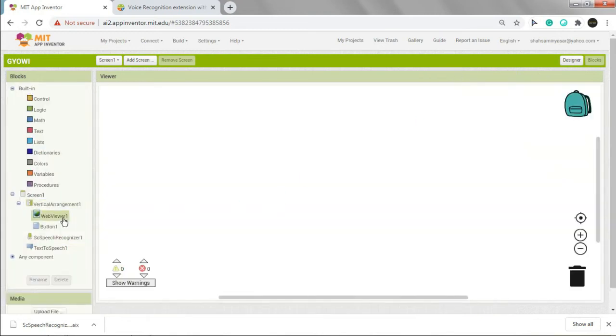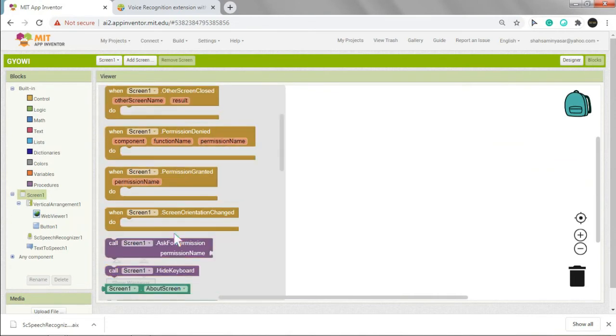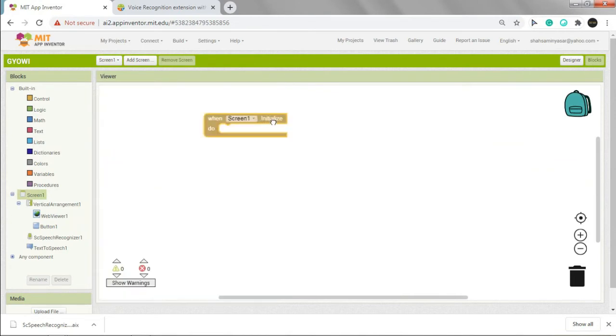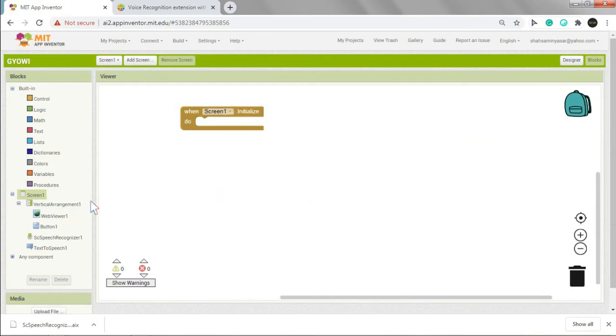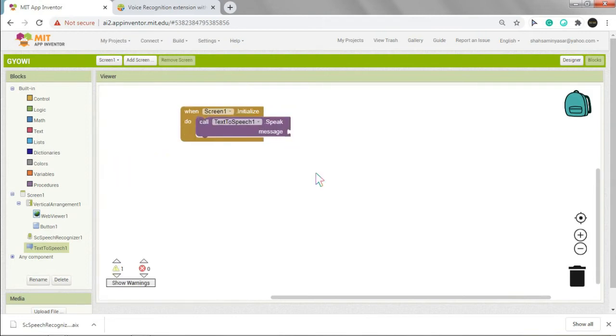In the block section, when Screen 1 is initialized, so click on Screen 1. When Screen 1 initialized, this one, then call text to speech to speak a message, and that message will be a text, not this one.